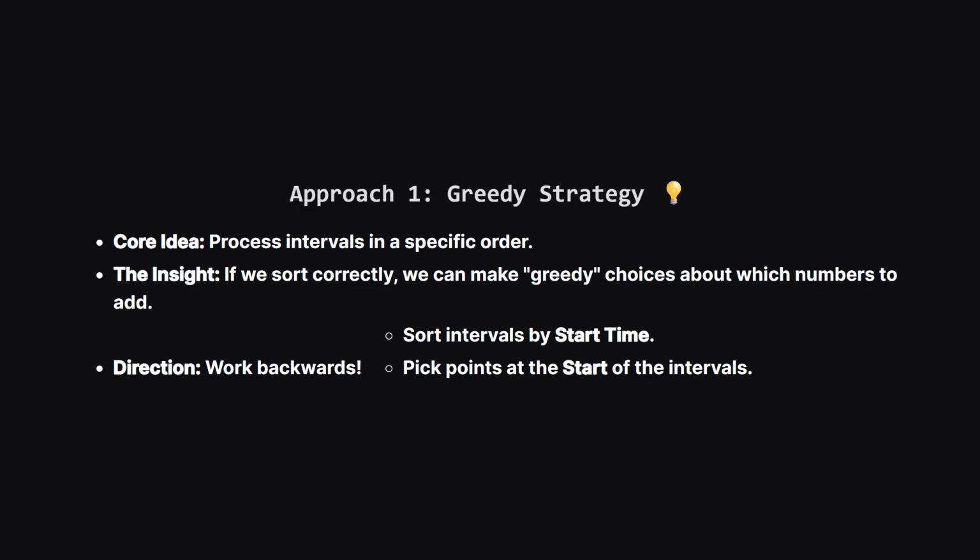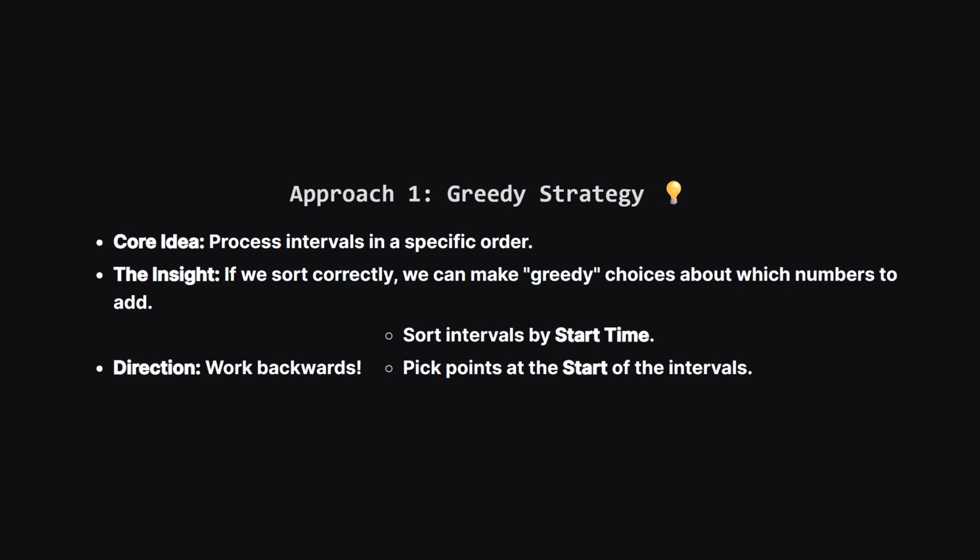The editorial suggests a greedy approach. The intuition is simpler if we think about needing an intersection of size 1, but we can extend it to size 2. Here's the plan. We sort the points. Then, we take the last interval. Which points should we pick? Since every other interval starts before or at the same time as this one, choosing the start points of this last interval gives us the best chance of hitting those earlier intervals too. It's strictly better to choose the start points, so we will repeatedly take the start points and see how many